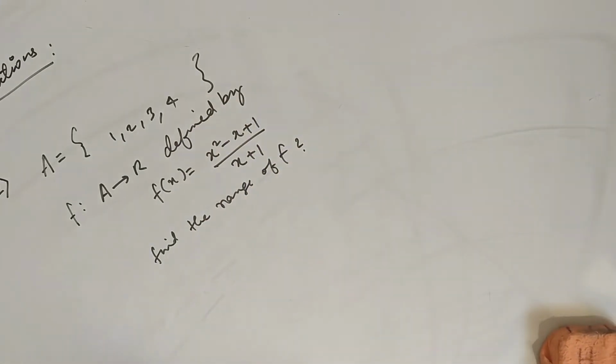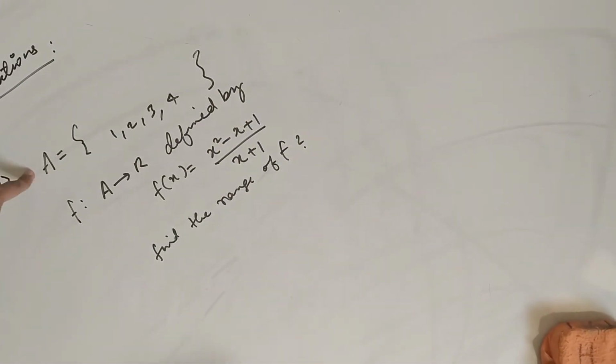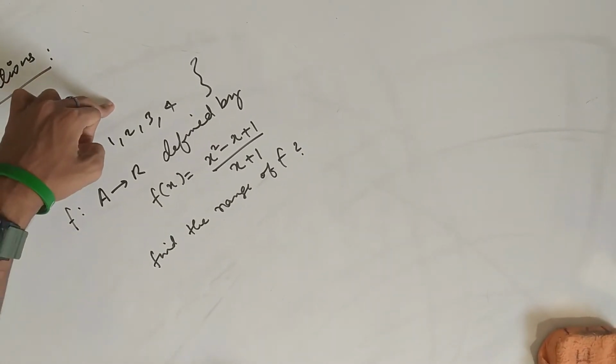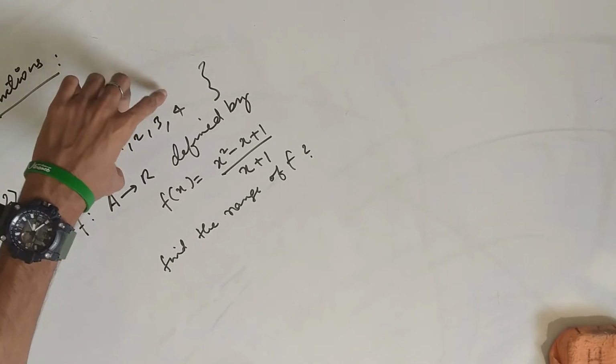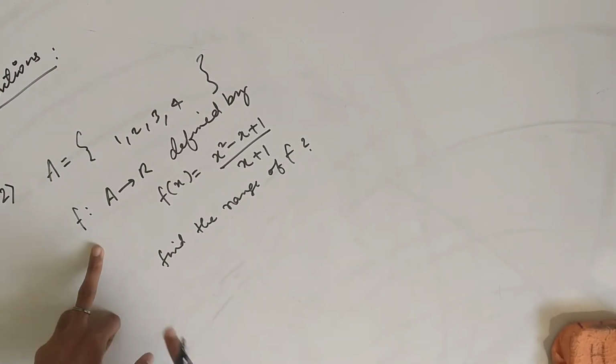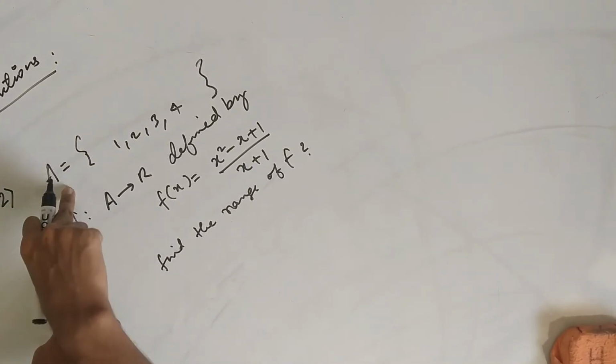Okay, so let's first understand the question. This is a set A. It is given in roster form. 1, 2, 3, 4 are the elements defined within the braces. Now a function is defined from this set A